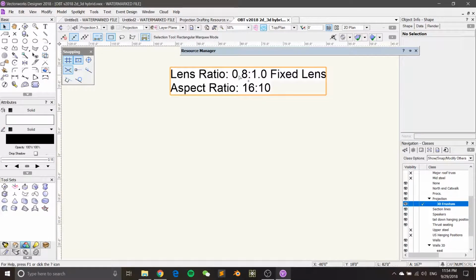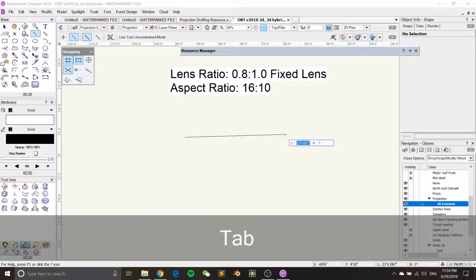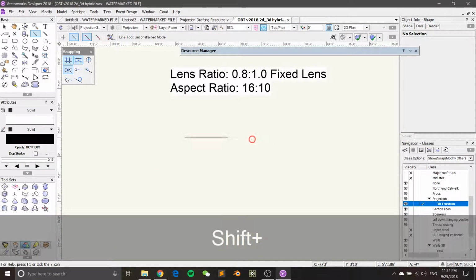So if we have a 0.8 over 1 fixed lens, that means that if the width of the image is 10 feet,